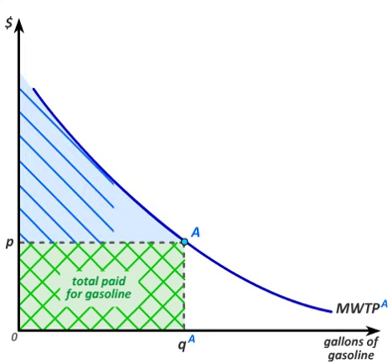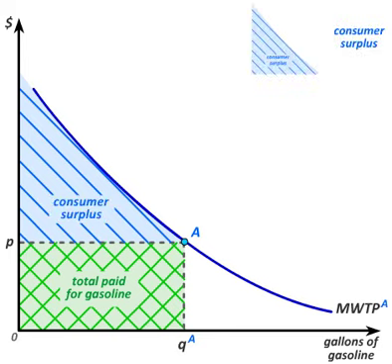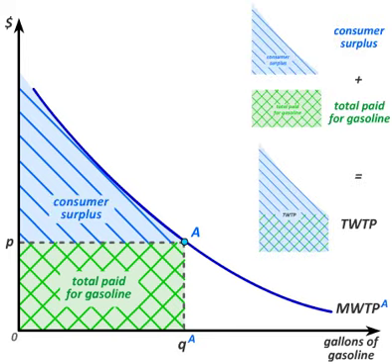When we subtract that green rectangle from the shaded blue area underneath the marginal willingness to pay curve, we then get the difference between how much a consumer would have been willing to pay for the QA gallons of gasoline and how much she actually had to pay. In other words, we get an estimate of the consumer surplus that this individual got by being able to purchase at a price P rather than paying her entire marginal willingness to pay for each of the gallons of gasoline